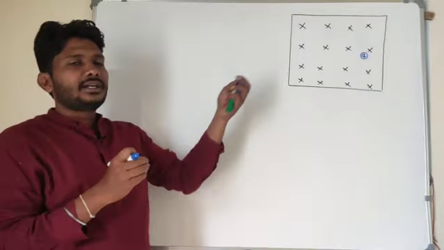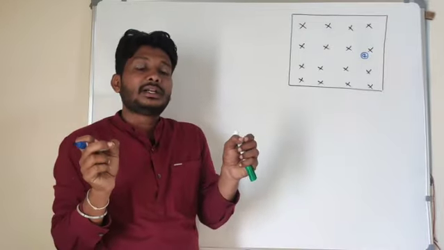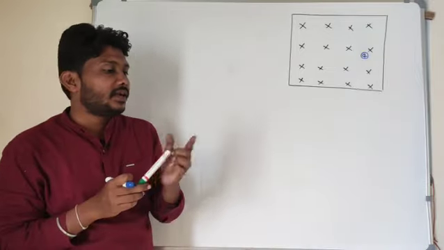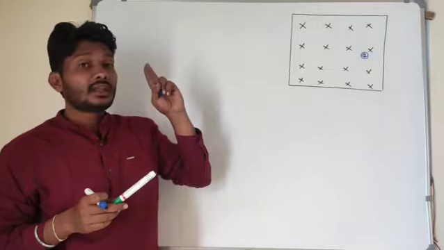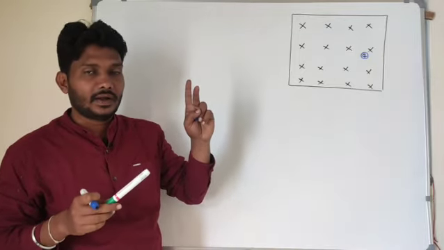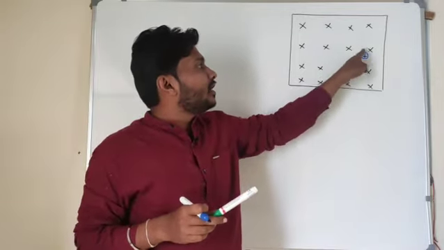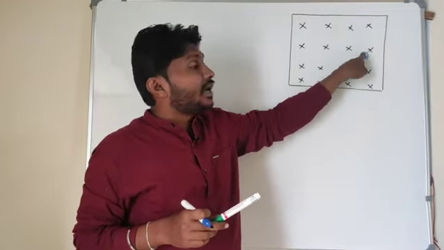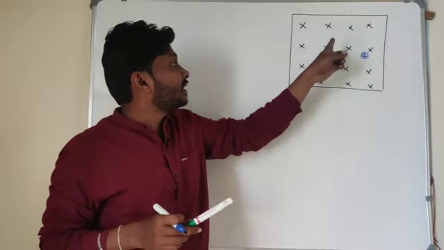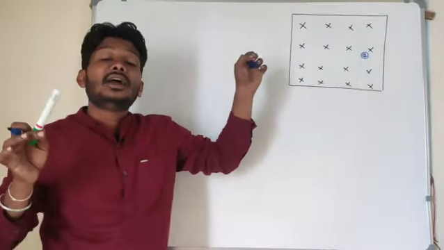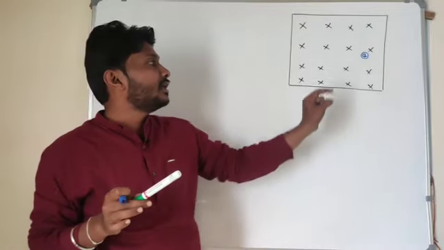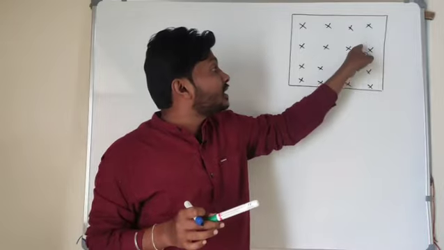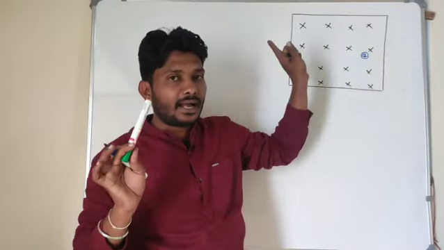Q is the magnitude of the charge. Now that charged particle is moving perpendicular to the magnetic field. Now I have to understand the direction of the force and the direction of the magnetic field. Look here. I have to find out in which direction the force is acting on this charged particle and what is the direction of the magnetic field. The direction of the magnetic field, as I already said, is into the plane. The magnetic field line is into the plane, and this charged particle is moving perpendicular to the direction of the magnetic field.